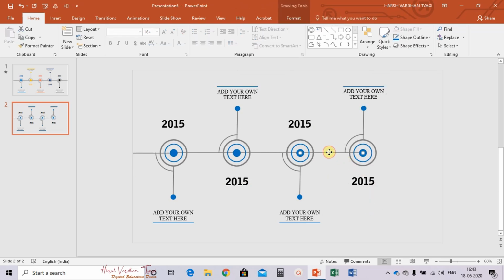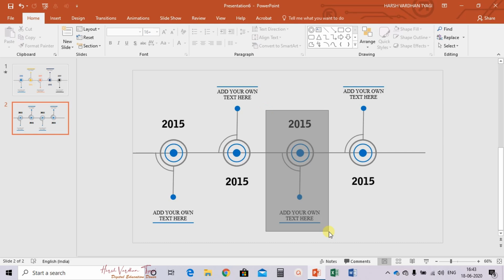Again choose this, press control, right click, send to back.